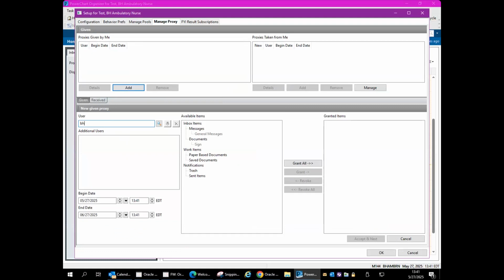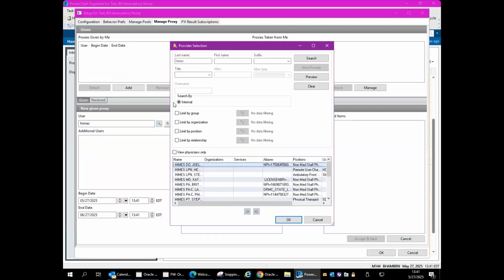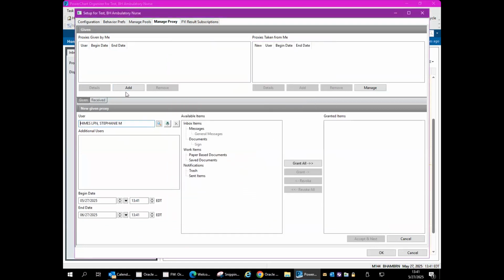So if I put in IRC RN and I search, no matches because it's not set up. Here, multiple matches. So if I look here, I can see this one and I click OK. And I come down here and I grant access to my box